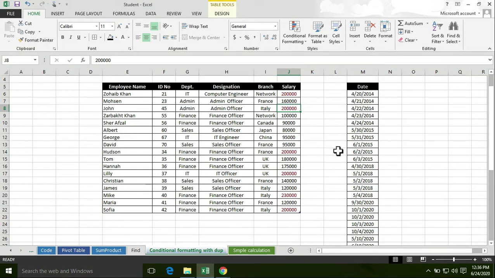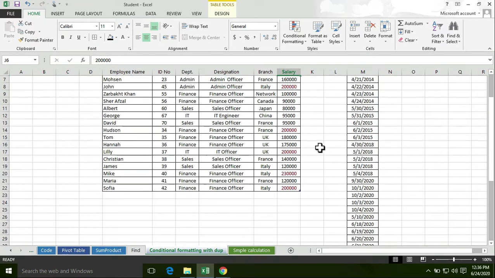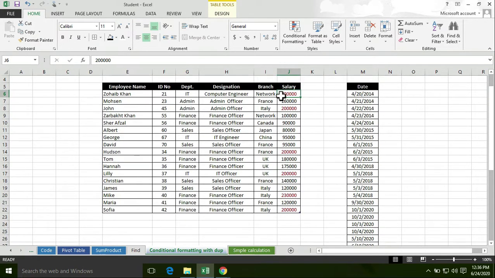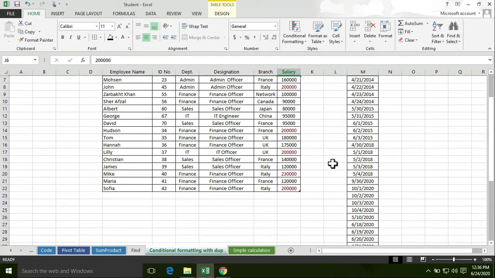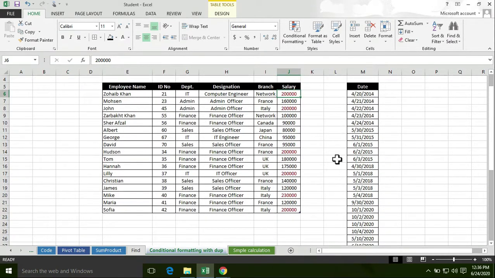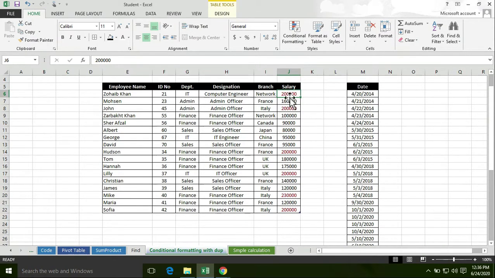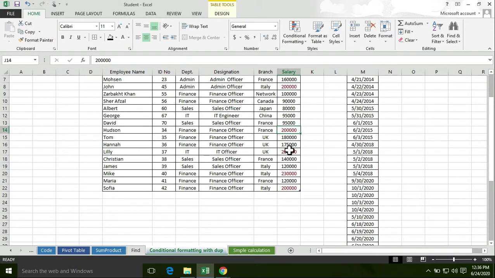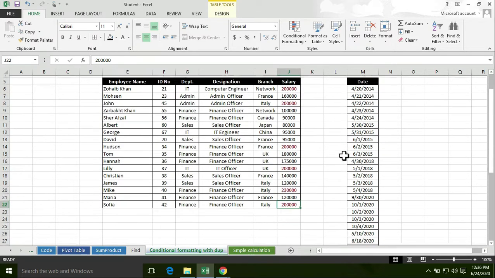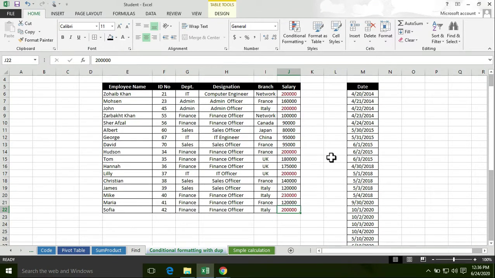The criteria I defined here is that the value should be between 2 lakh and 2 lakh 30,000. These values are appearing between 2 lakh and 2 lakh 30,000. Only those values which are between 2 lakh and 2 lakh 30,000 appear.